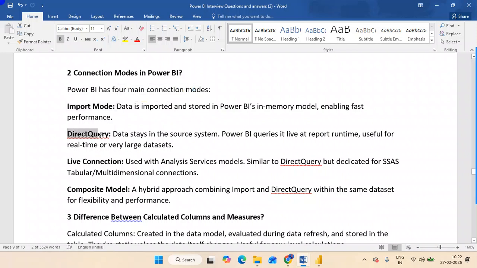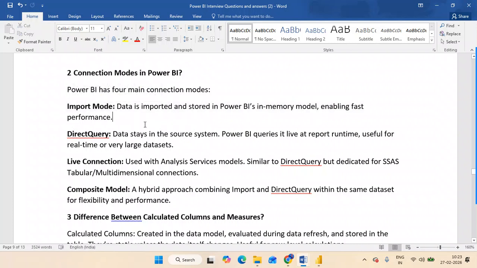They'll ask you in a tricky way. For example, I have very large data and I want to connect to Power BI; which is the best connection? See, here I have given very large data sets, so we have to use direct query, even though the performance is slow, because import mode has certain limitations.